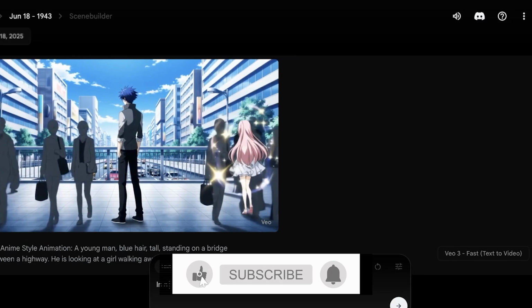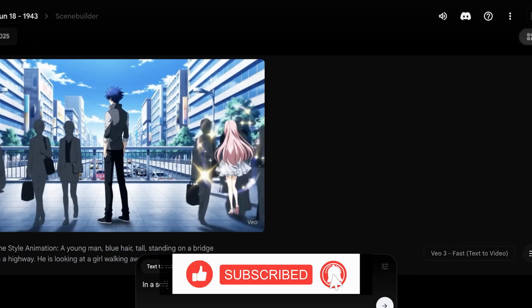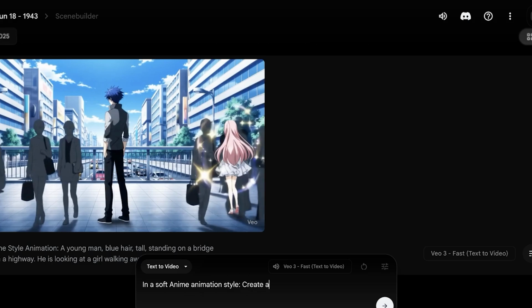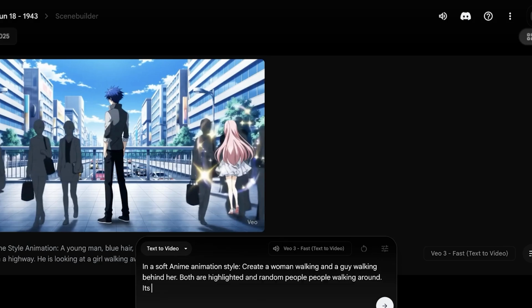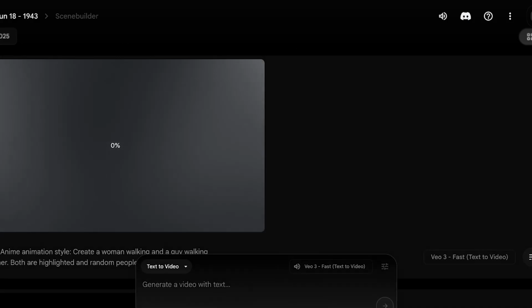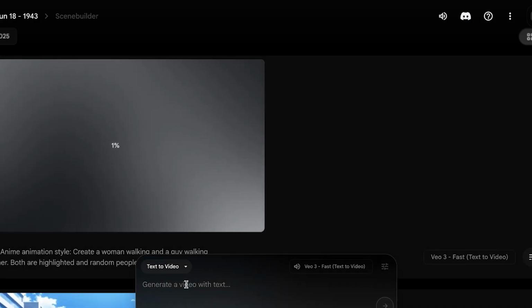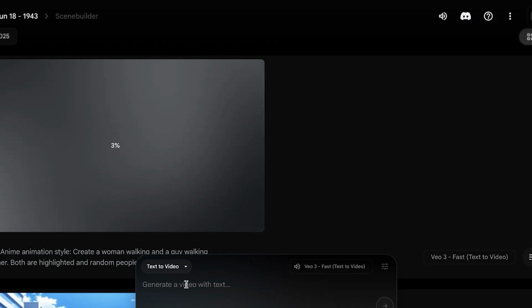So let's say in a soft animation style, create a woman walking and a guy walking behind her. Both are highlighted and random people walking around. It's a sunny day in a busy street. Now I have changed my prompt a bit, but I have defined the animation style is in a soft animation